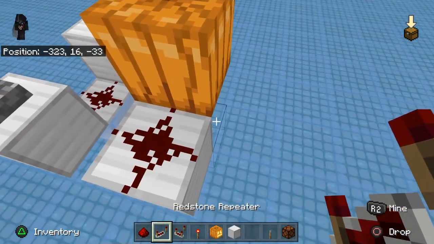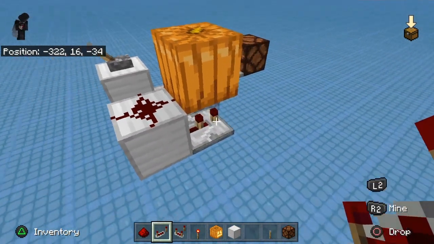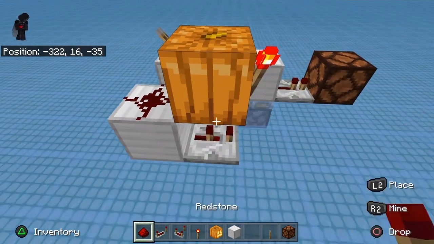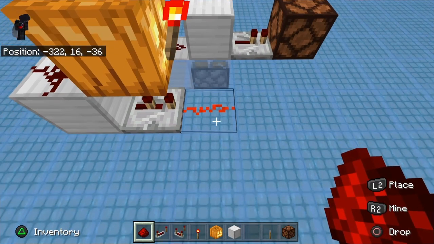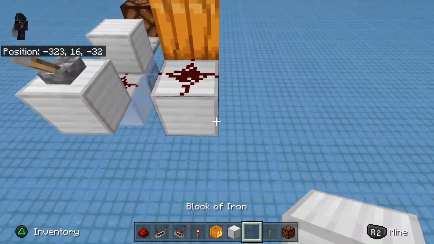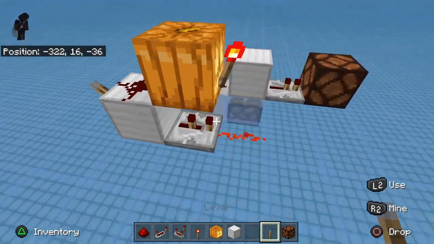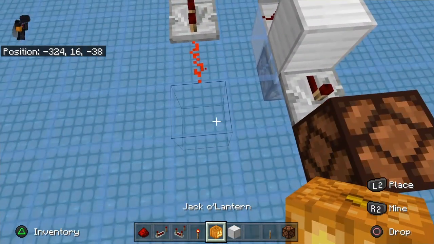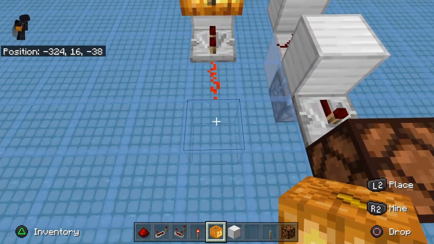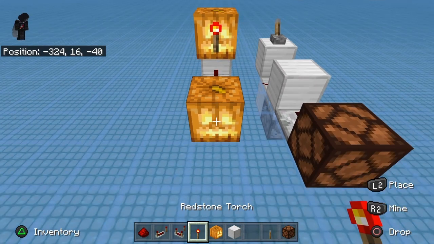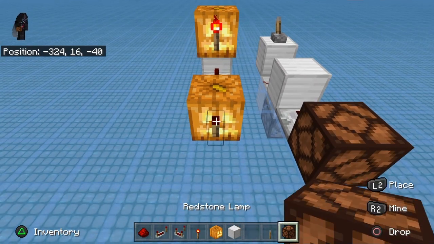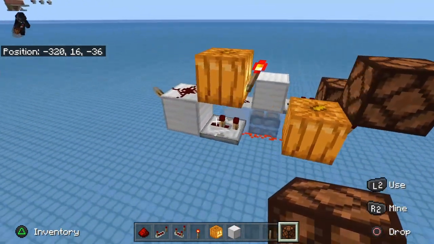We'll put a repeater out the front here, and this can be on either 2, 3, or 4 ticks, depending on the length of the pulse that you want out of the output. Then we'll put a lever here, and now you just run a torch off of that dust. I'm going to put a block up since I've got that in the ground with a torch here. There we go, we'll put that there, and if you'll notice,